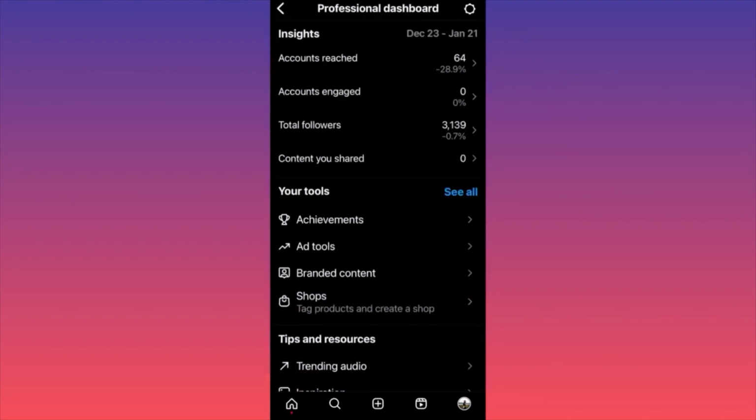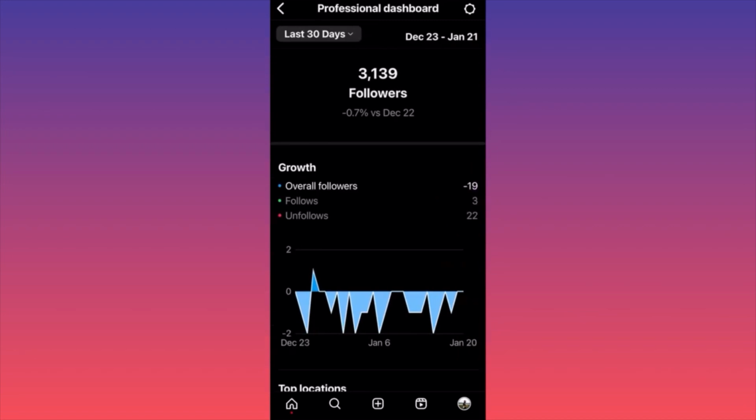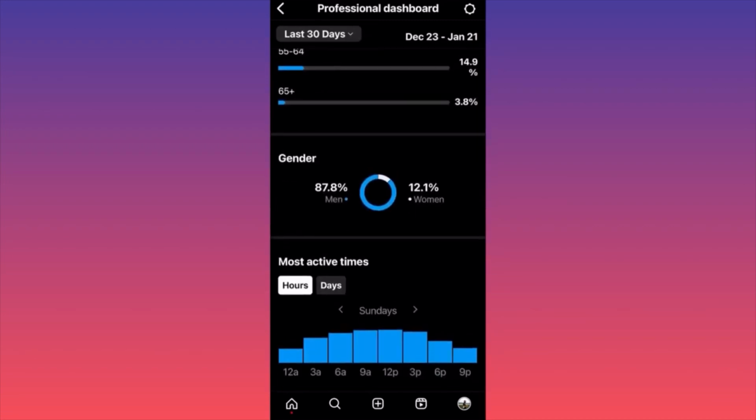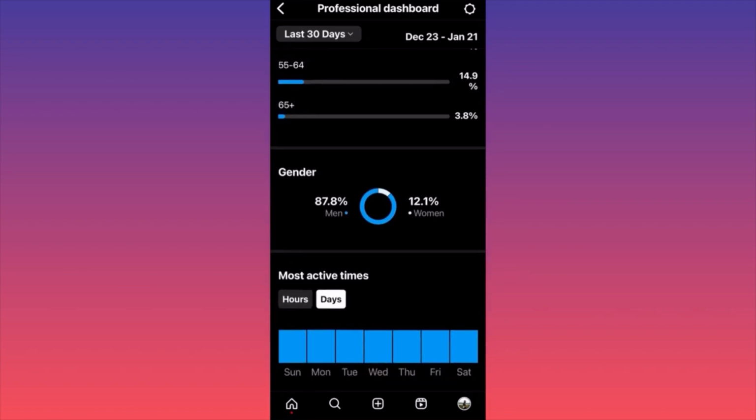Over here you will find a lot of information that you could simply use when publishing, and what actually works and what doesn't on the platform. This is where you want to click first. You want to click on total followers, and then you want to scroll down to the actual activity. This is the hourly chart and daily chart of when you have the most active users and when is the